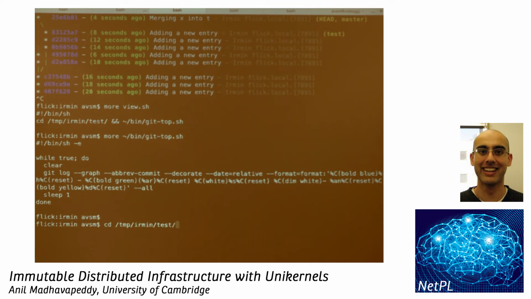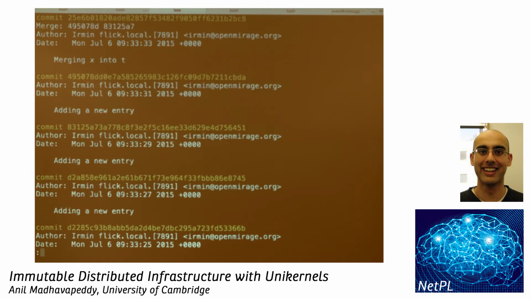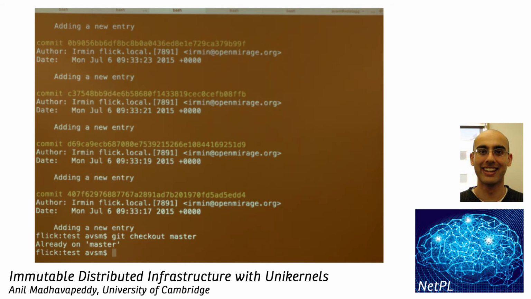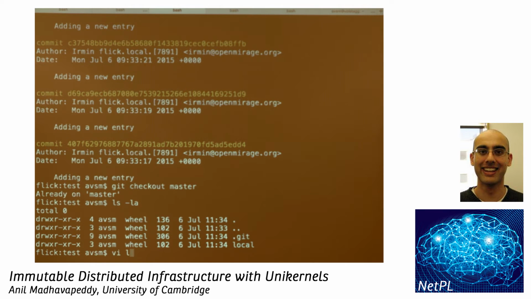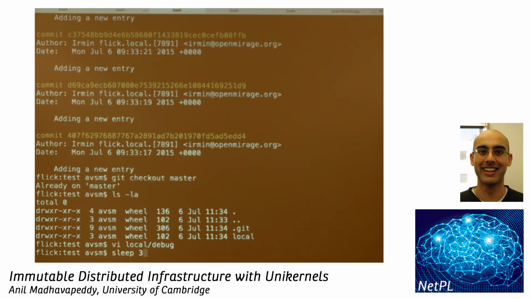But it gets more interesting as well, because of the mapping into Git. Can everyone see this at the bottom? I'll just make this a little bit bigger. So if I do git log in my directory, we can see all of the operations at the low level. And I can say git checkout, a copy of it. And here I can say, here are the log entries. And these are log entries the machine's added. But then I can just say, oh, I'm coming in from the outside world, and I would like to actually make a difference. I would actually like to commit a change into the database. So again, let's say hello NetPL, and this is me as a human, so I will just sleep 3, and git commit -a, Anil was here,